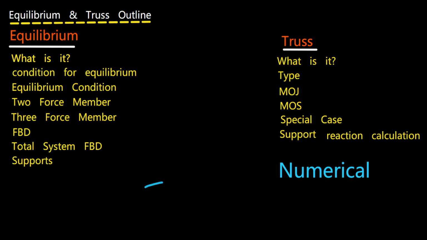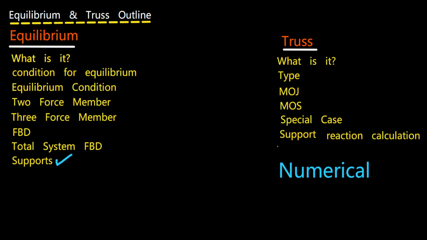Hello, welcome to the lecture of engineering mechanics. In the last video of equilibrium, we discussed what equilibrium is, what the conditions are, and what the equilibrium conditions are for different situations like a particle and a system of particles. Then we saw the condition for two force member, three force member, free body diagram, total system free body diagram,